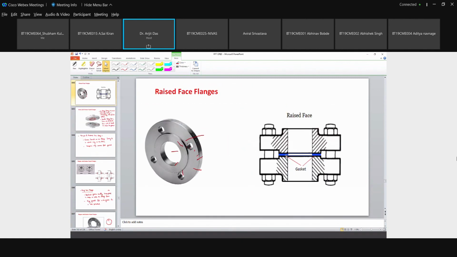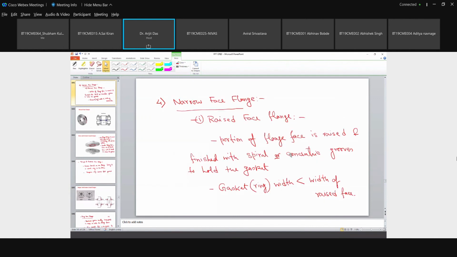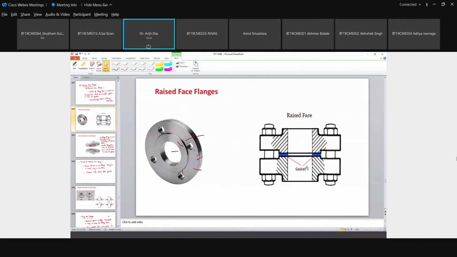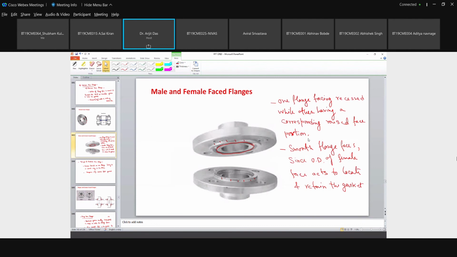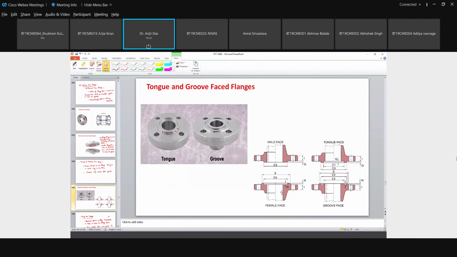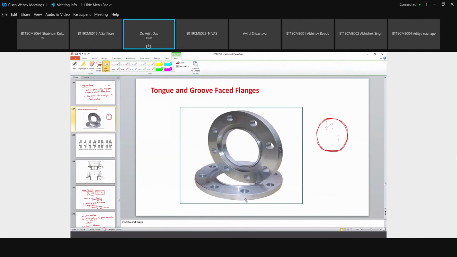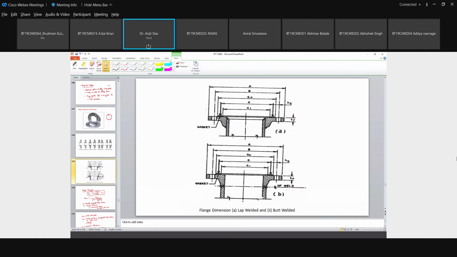Okay, showing the gasket, raised face bend. Okay, you can draw either piece, because both are identical. For this case, raised face, you can show any one, not both. But here you have to draw both pieces, because the surface is not identical for this case, female and groove. Okay, here also you can draw one because the surface is identical, both the surfaces. Okay.